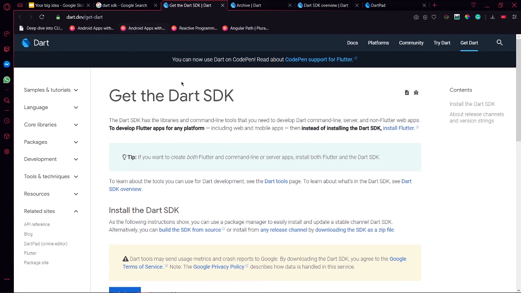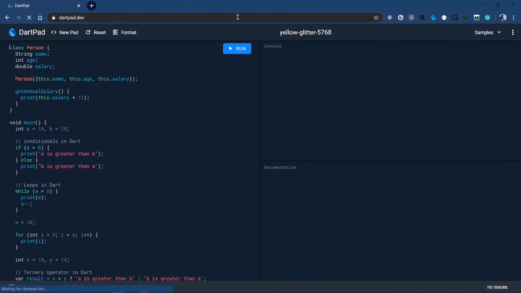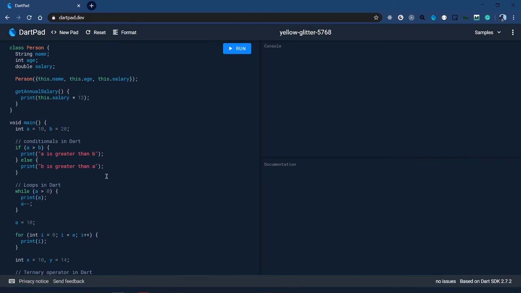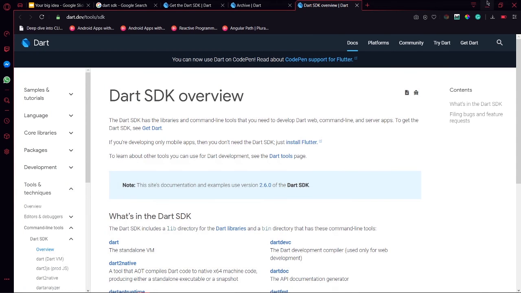Now after installing this Dart SDK, I will be writing all the code on my system, and if you don't want to use the Dart SDK on your system, then you can follow along on the dartpad.dev website. The code that I will be writing here, you can also write inside this dartpad.dev website. So all right, up to this the system setup is done. Now let me go deep dive into the concepts of the Dart programming language.